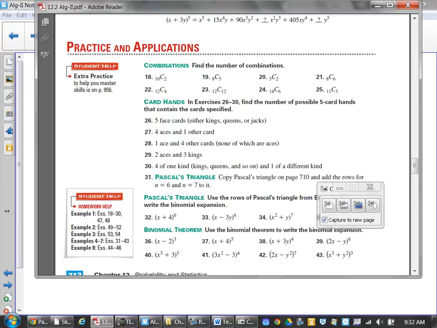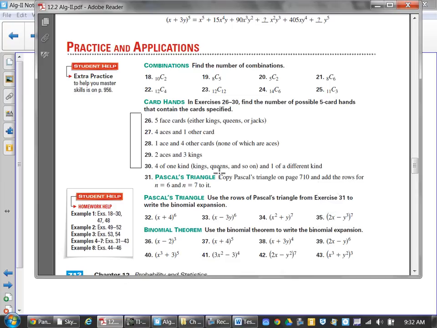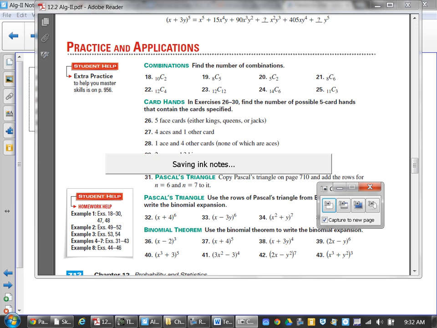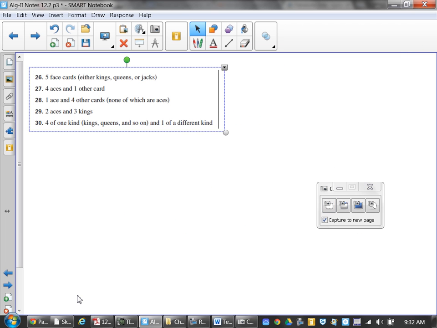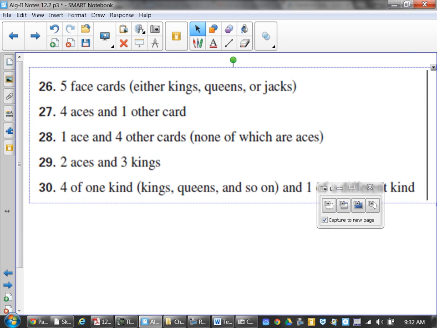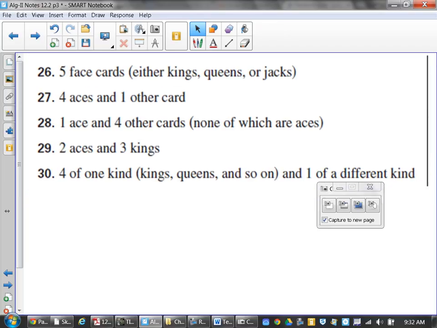Let's bring all these in real quick. Find the number of possible 5-card hands that contain the cards that are specified. So basically, we know out of the 2,500,000, a lot of numbers,